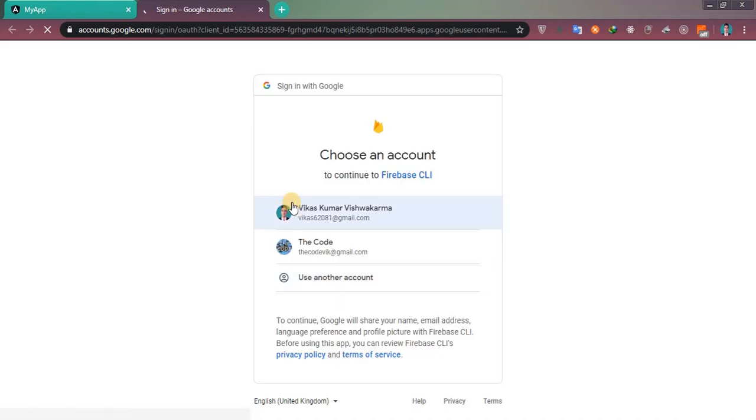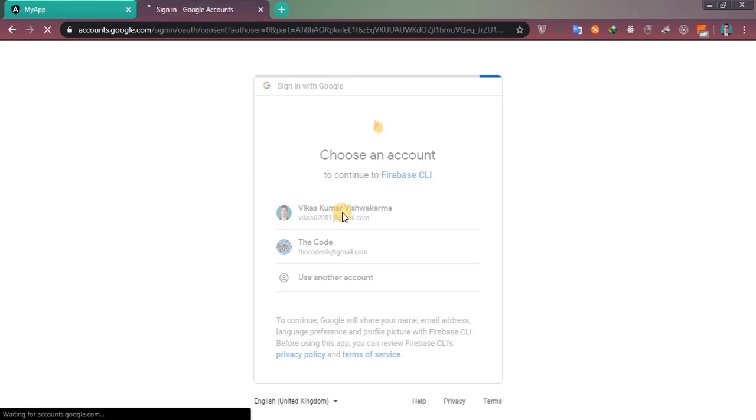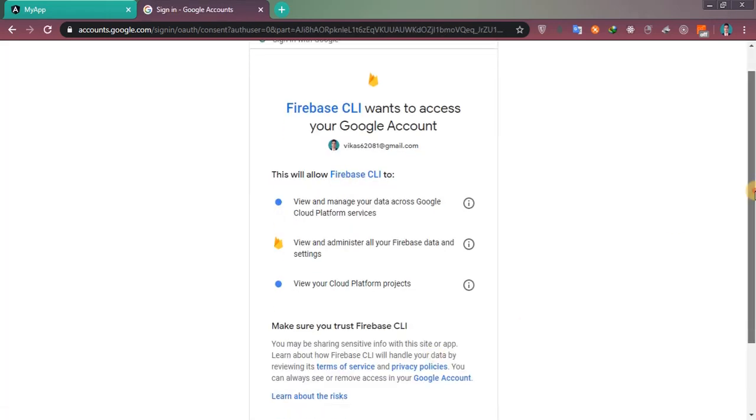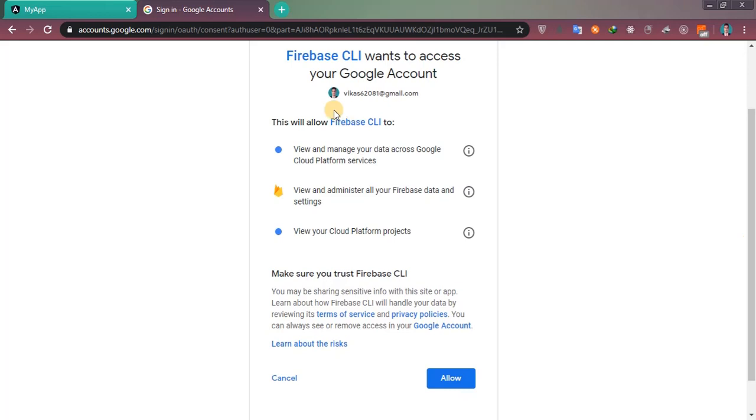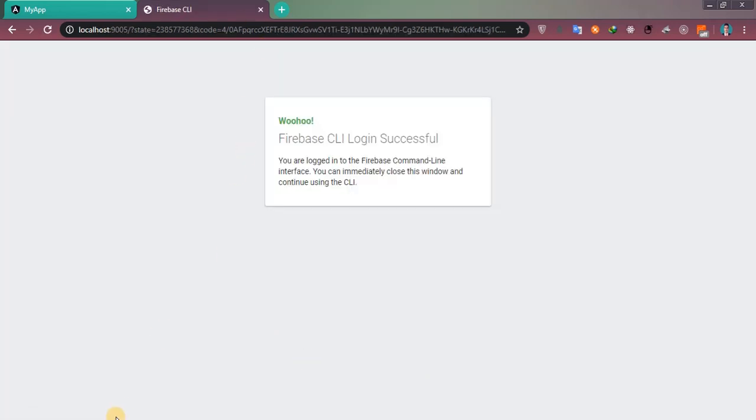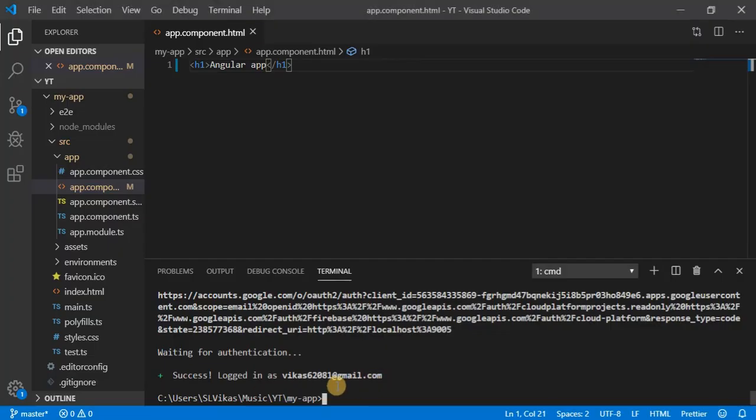Now it will open a site and ask you to select the account. So let me select my account, and next, you can see Firebase CLI wants to access your Google account, so you have to give permission, allow, and now you are done. So let's come back. You can see here you are logged in as your account.